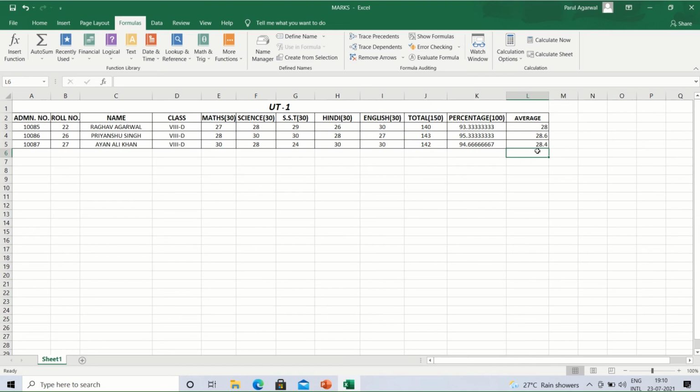So this way today we have learned how to apply the average function using the Formulas tab and Insert Function option, as well as we have seen the autofill feature, with the help of which relative referencing is used. We can see this is the relative referencing with the help of which these cell addresses are changing by themselves.